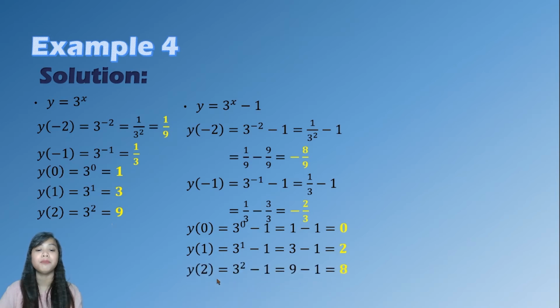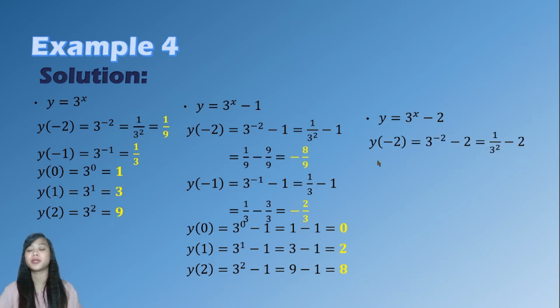And last, we have y of 2, which is equals to 3 squared. So we just simply substitute the 2 to our x. So 3 squared minus 1. So 3 squared is equals to 9. So 9 minus 1, that is equals to 8. Last function, we have y equals 3 raised to x, then minus 2. So substituting the values for your x,